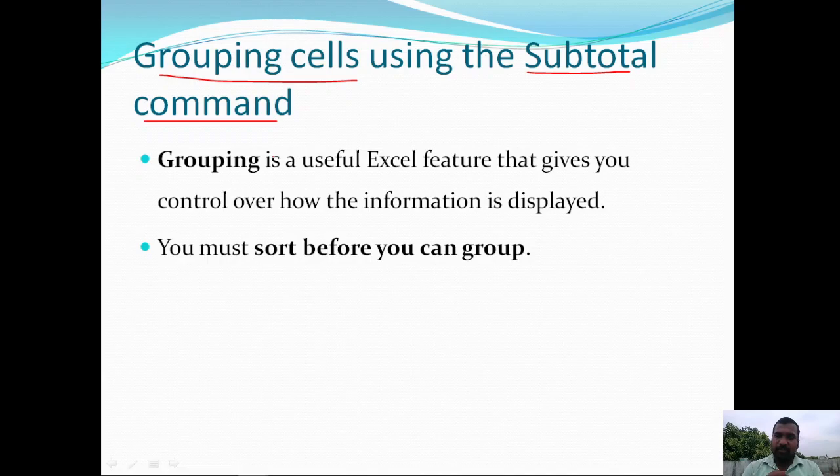That is helpful in cases where we want to compare the data of one statistical zone with another, one village with another village, one mandal with another mandal, or one branch with another branch.